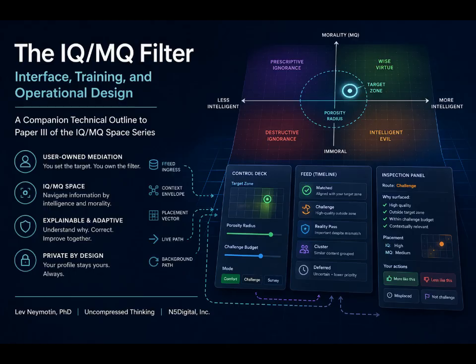Yeah, and the architecture approaches this by establishing a foundational vocabulary. We start at the very top of the funnel with what the paper calls feed ingress. Which is really just the raw, unedited, totally chaotic stream of content coming from whatever platform you are connected to. Just the fire hose. Exactly, the fire hose. The filter cannot evaluate a raw, unformatted post. So the first operational step is normalizing that data into a content object.